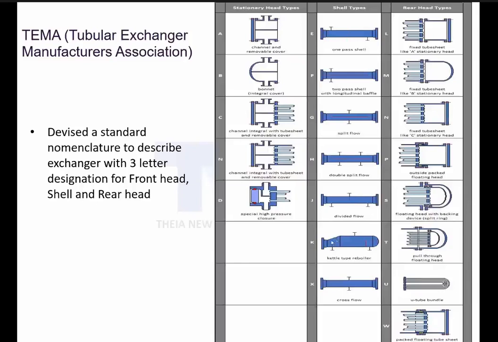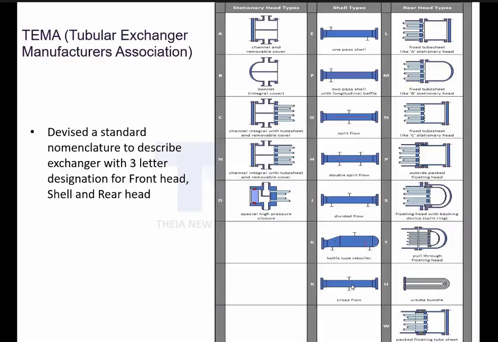Okay, another is K type. K type is again a reboiler where you need complete, 100% boiling of your liquid. Wherever you are expecting that, you need to have an expansion. You need a proper separation between vapor and liquid. That is why you have a kettle at the top of this. This is called a K-type exchanger.